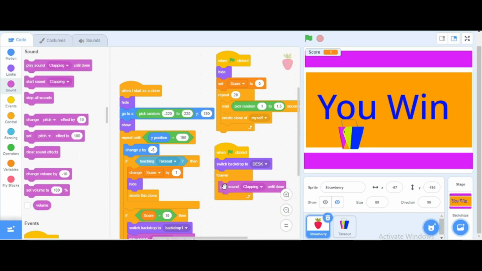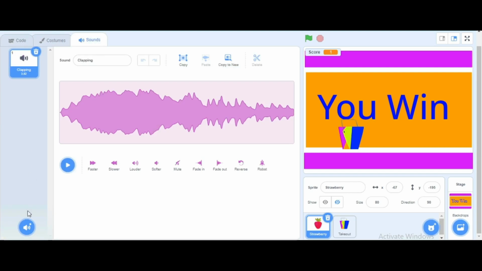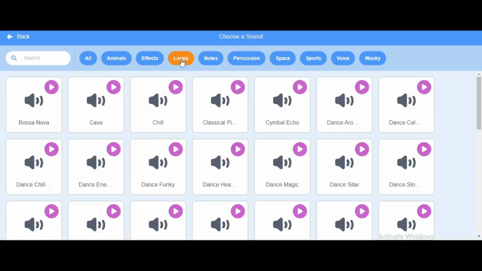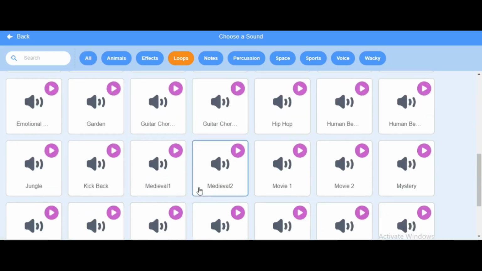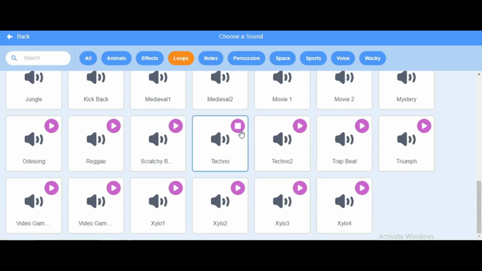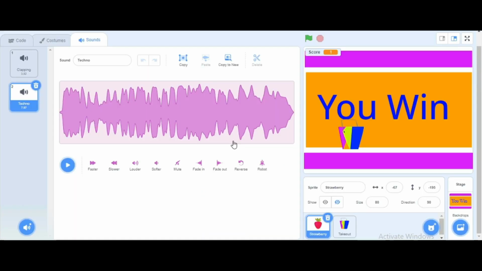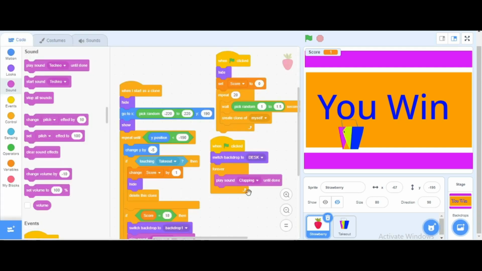Just to make our program very interesting, we have to add one sound here. So go to the sound option and here we are going to choose any sound. I will select this sound here. Now our code is ready.